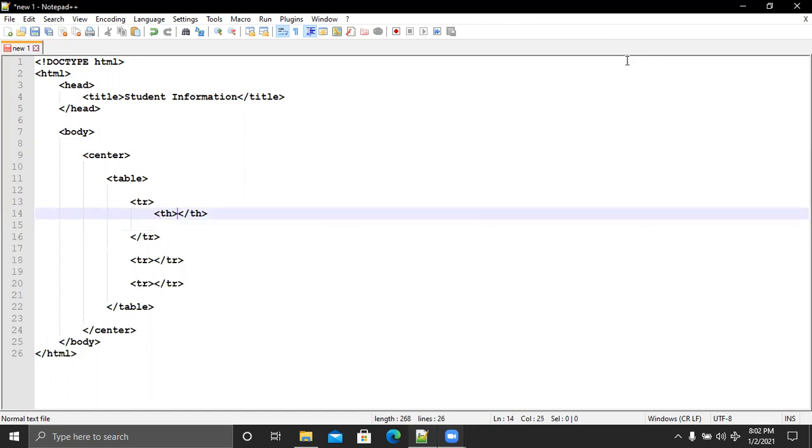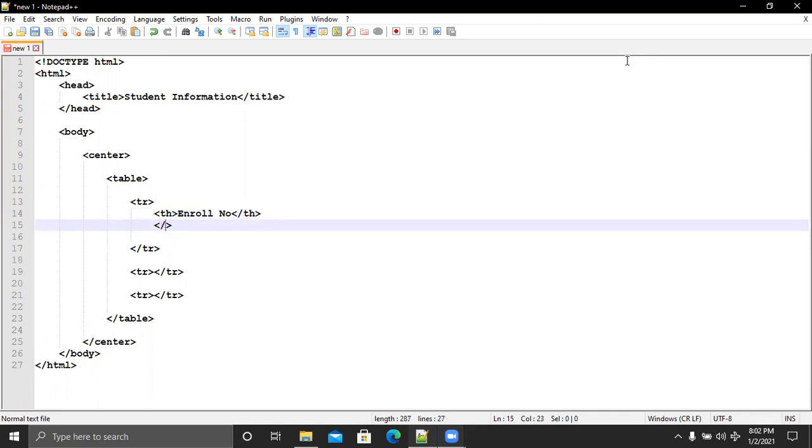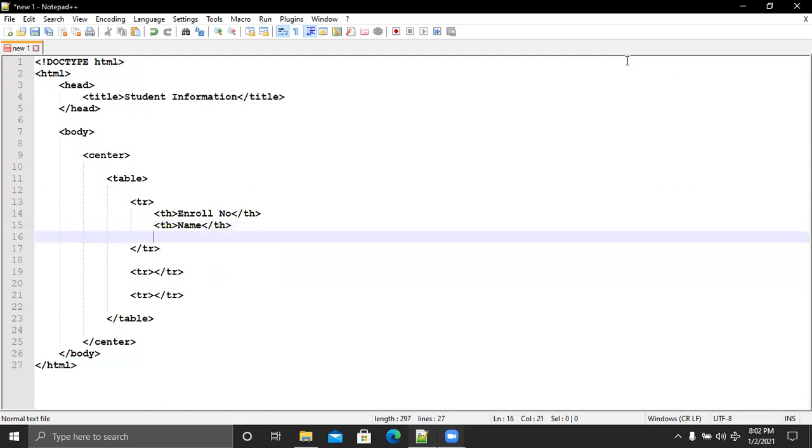So my first column will be enrollment number. Next column in the same row: I open th here and I close th, and the column name will be name. Another th for making one more column in the same row, that is contact.